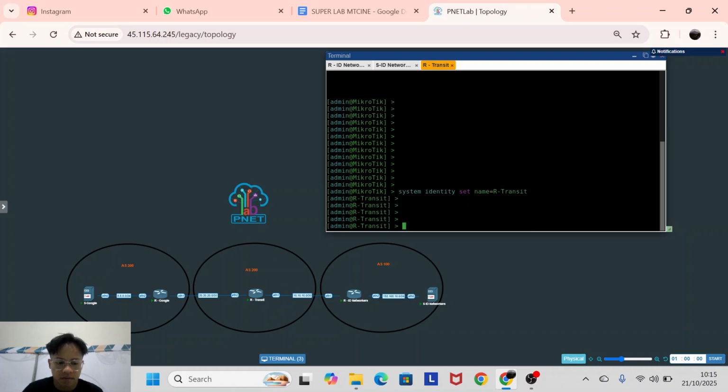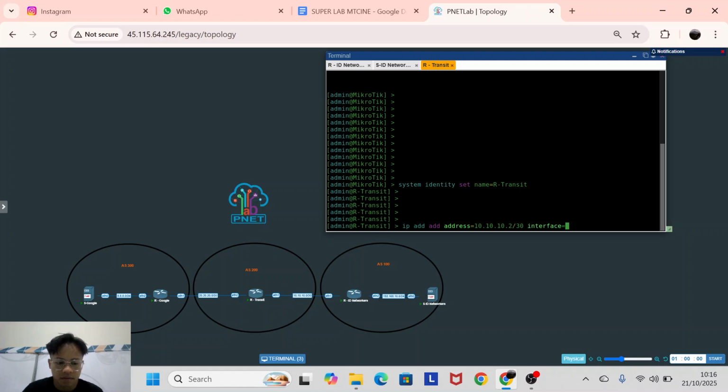So I will do a basic configuration. From ether1, we connect to router IDN. So the IP is 10.10.10.2, because IDN is .1/30.